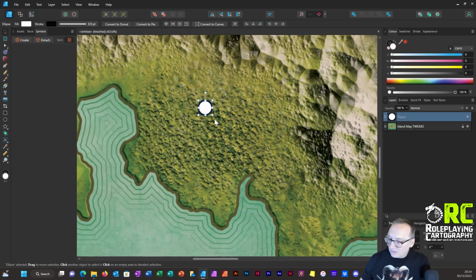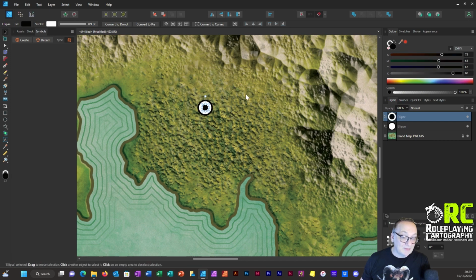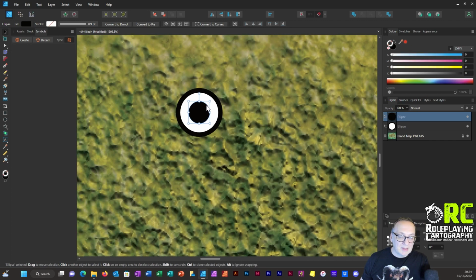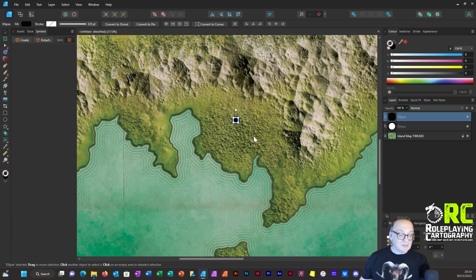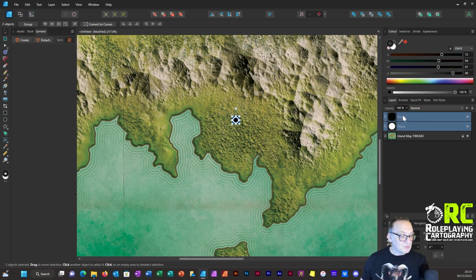I'm going to select it again, copy, paste. So I've got a duplicate on top of it. I'm going to hold down Control and Shift and drag, and you'll see that it alters the scale about the center of the object. I'm then going to switch these round so it's black fill with a white outline, and switch the white outline off. Okay, so I'm just going to make that center bit a little bit bigger. Okay, a bit smaller. Okay, so I'm pretty happy with that. So if I select those two and group them,